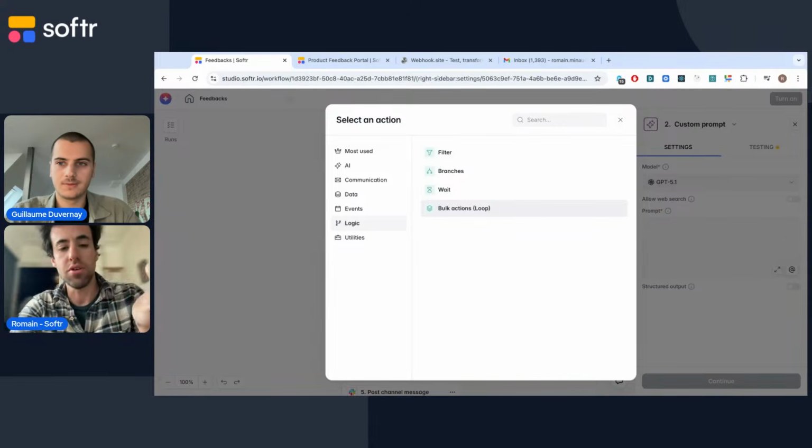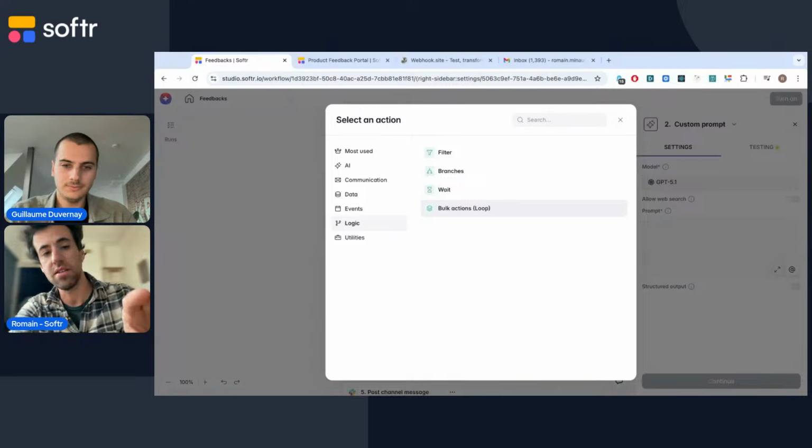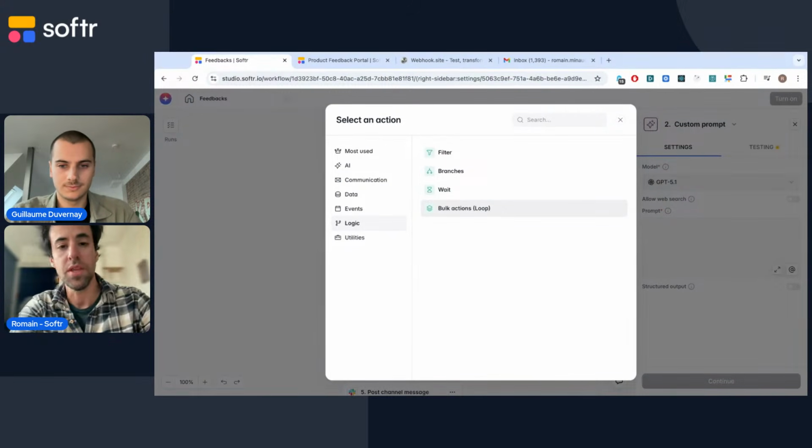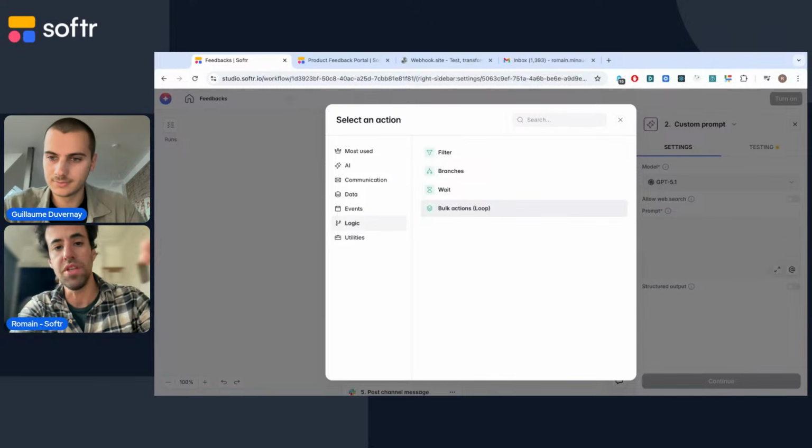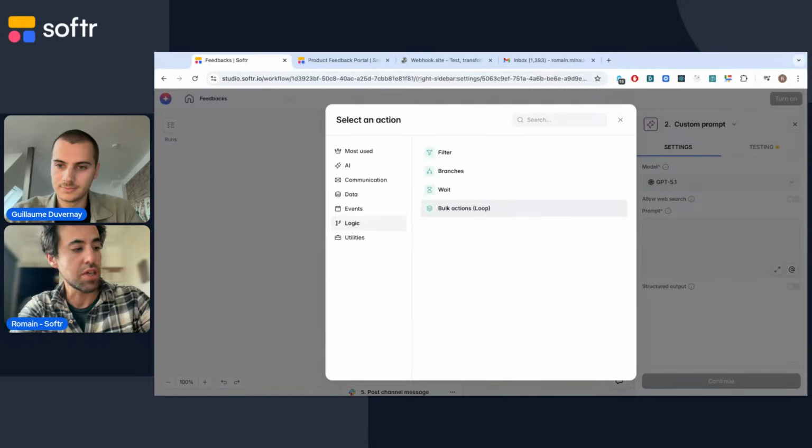I will show later on a concrete example, but the bulk action creates a subpath that is going to be executed for each element of the list. This is important, for instance, if you have a workflow where you want to fetch a list of records from your database and iterate through those records to update data, for instance, or to do some cleaning. So that's a common use case.